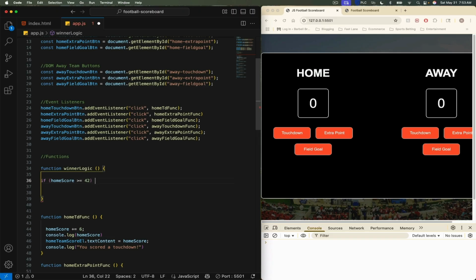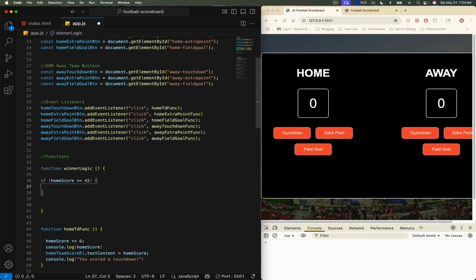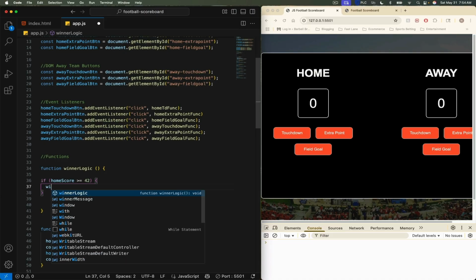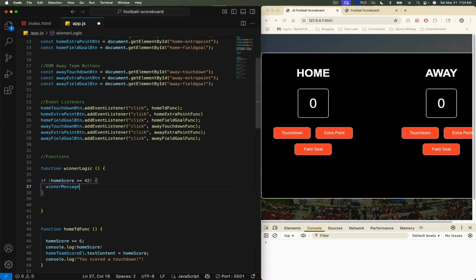Then we can make more curly braces and put what we want to happen if that's the case. So we can say winner message, that paragraph that we selected up here. We can say winner message dot text content will be equal to, because remember it's just empty right now, and we can say home team wins,